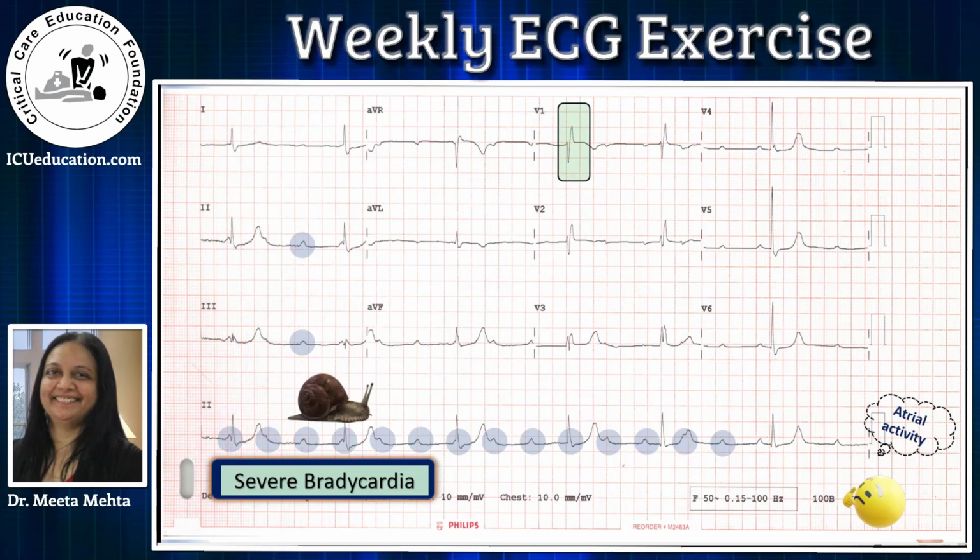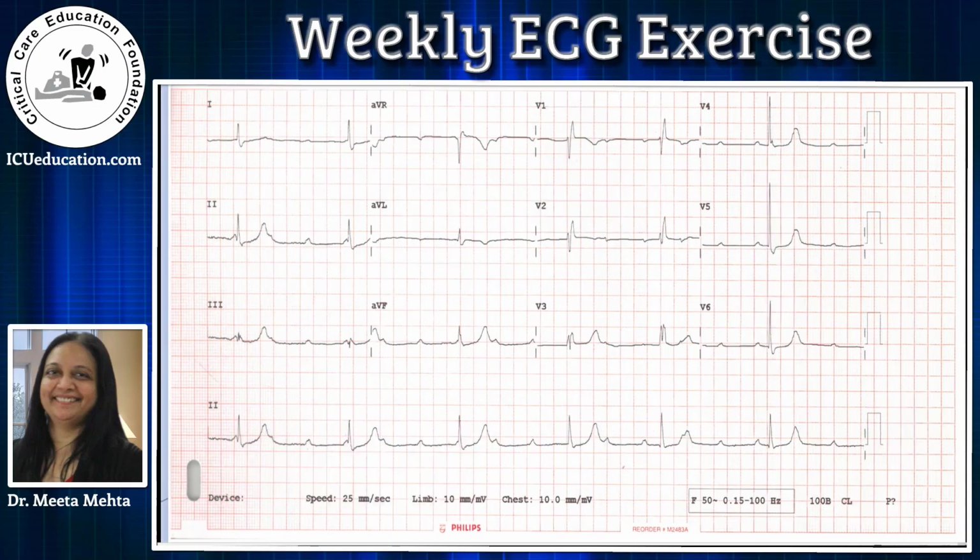Now, if you look at lead V1, you can see a typical pattern here, which is called the RSR prime pattern, where you see 3 waves, that is a triphasic pattern. An initial small R wave, followed by a deep S wave, and a second spike of another R wave. This is a classical picture of right bundle branch block, and you can confirm that by looking at leads V5 and V6, where you get a small terminal broad S wave.